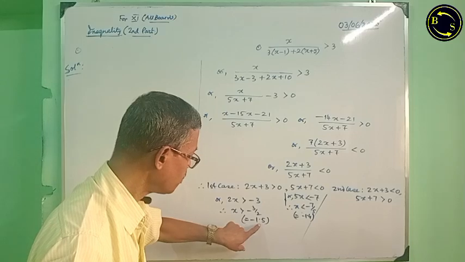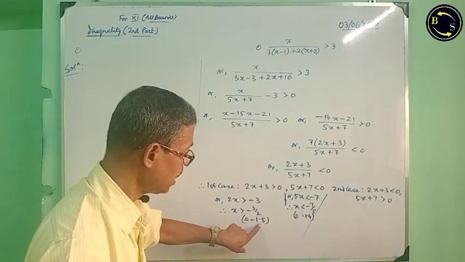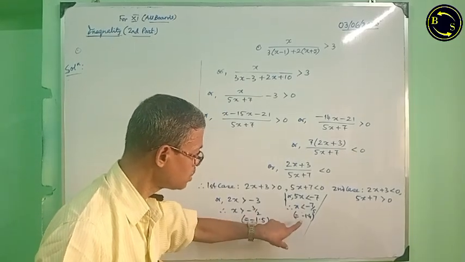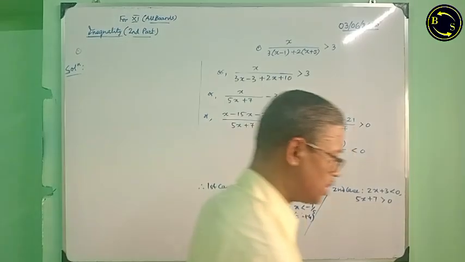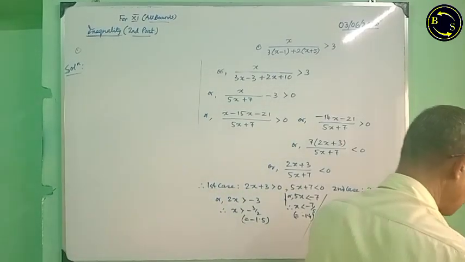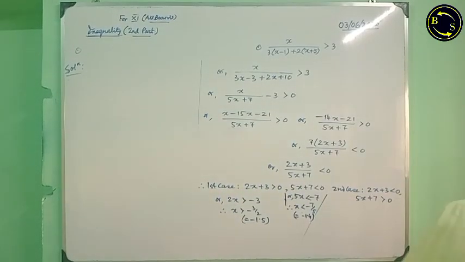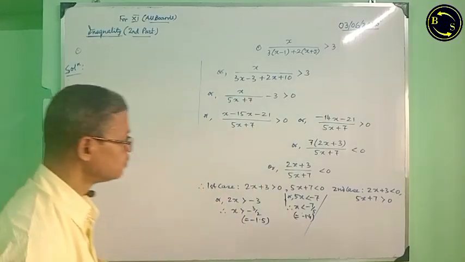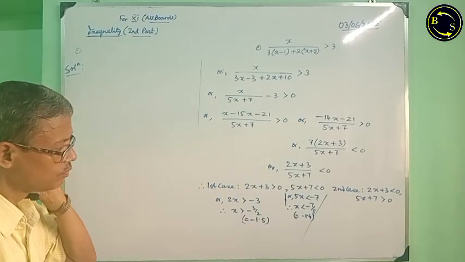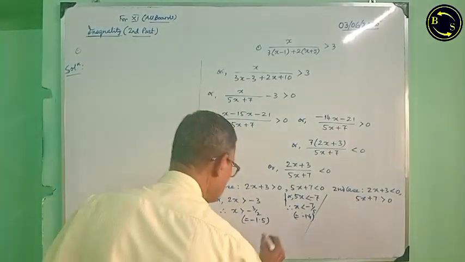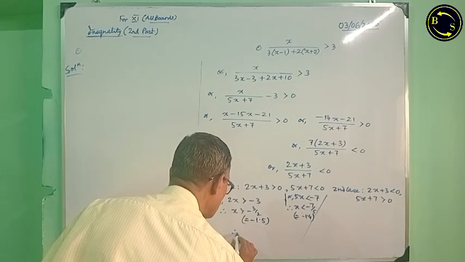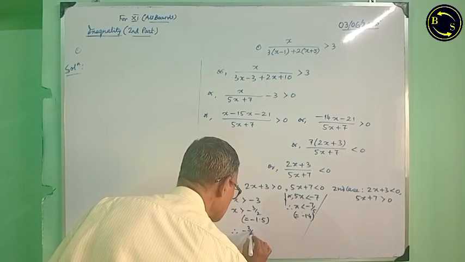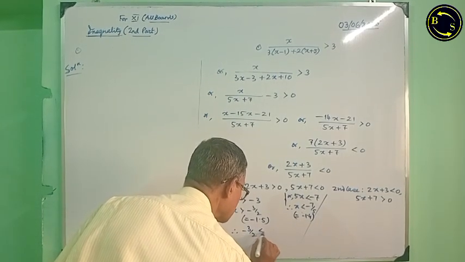Greater than minus 1.5 and this is less than minus 1.4. Therefore, we can combine these two. Minus 3 by 2 less than